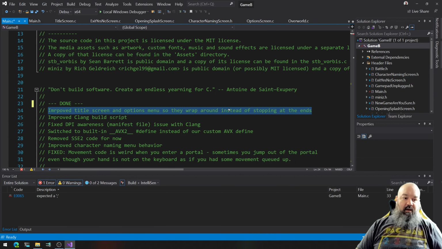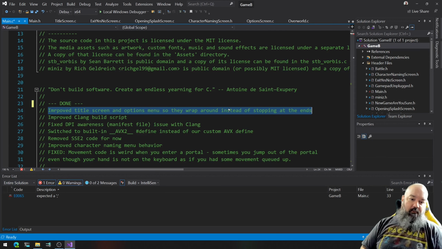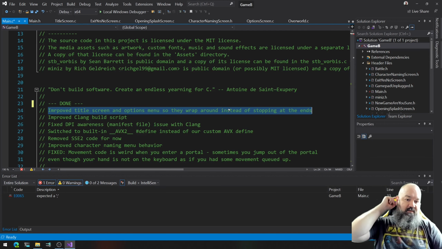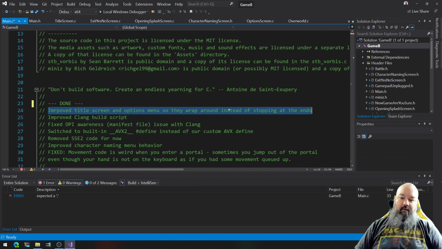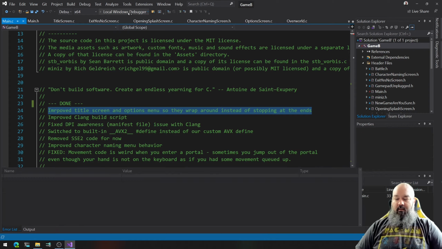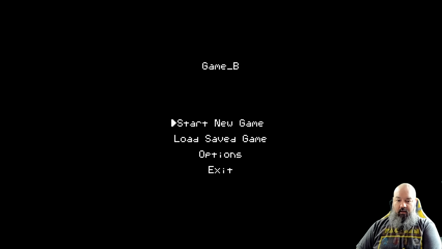Okay, so the next thing I fixed while I was not recording was I improved the title screen and options menus so that they wrap around instead of stopping at the ends. So let me demonstrate that real quick. So before, the behavior was that when you press the down key, you get to exit and then